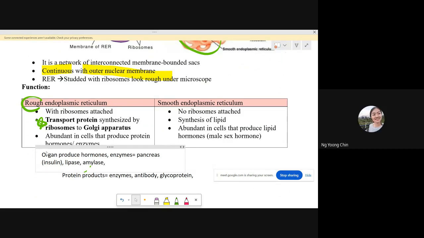So the pancreas produces a large amount of protein products, which include hormones and enzymes. Inside the pancreas, it is also made of a lot of cells, right? Correct. Pancreatic cells, because pancreatic cells